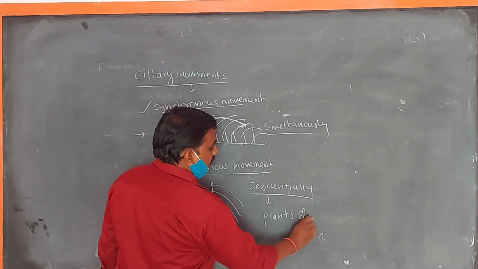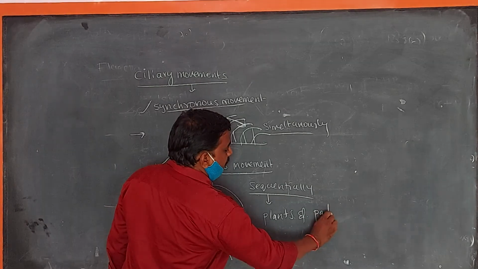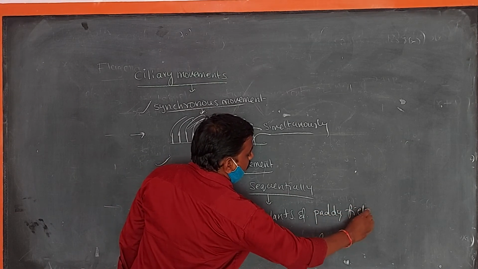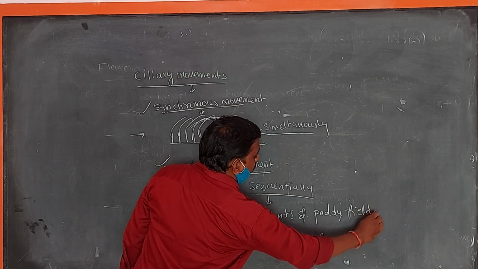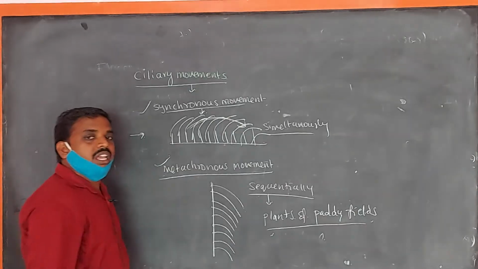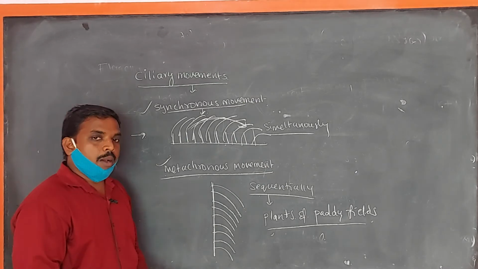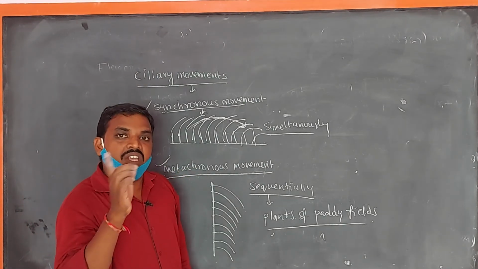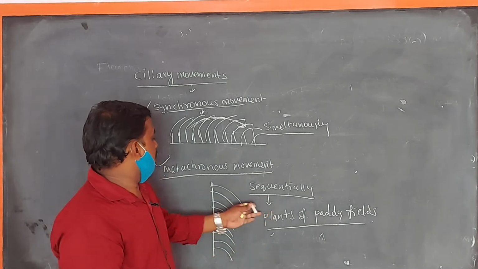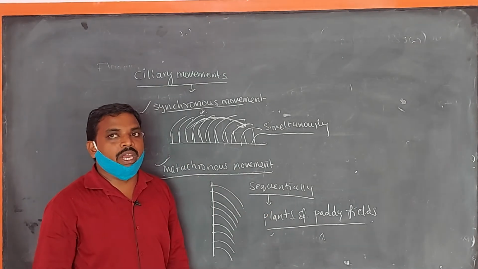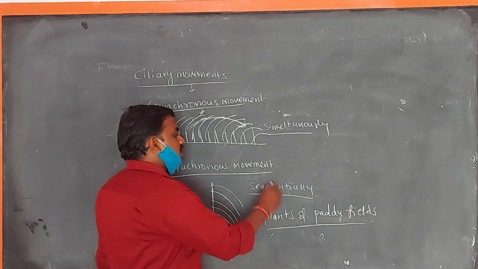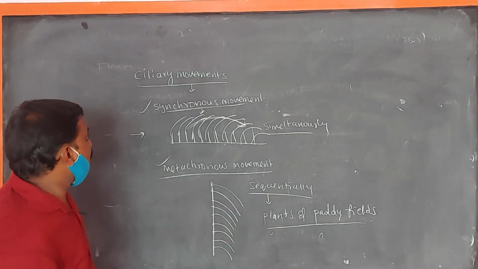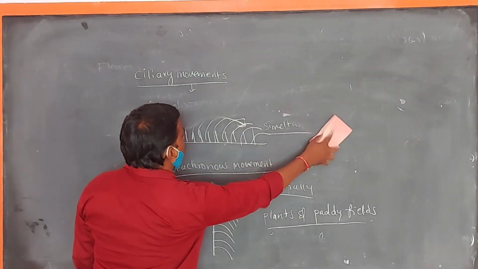Plants in paddy fields move like a blow of wind. The plants move from one direction to another direction sequentially, and these are also called the metachronous movements. In this ciliary locomotion, which is coordinated by the infraciliary system,